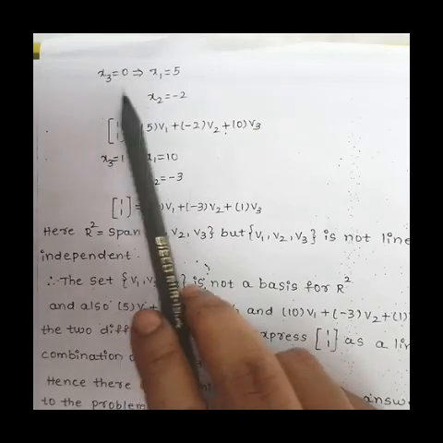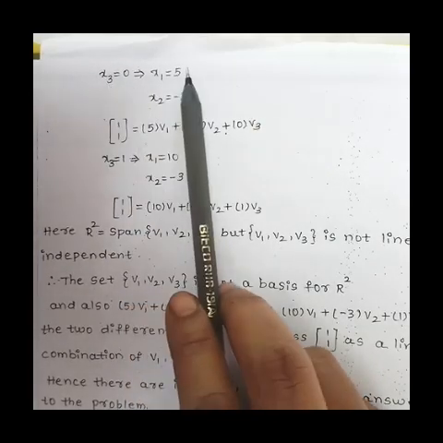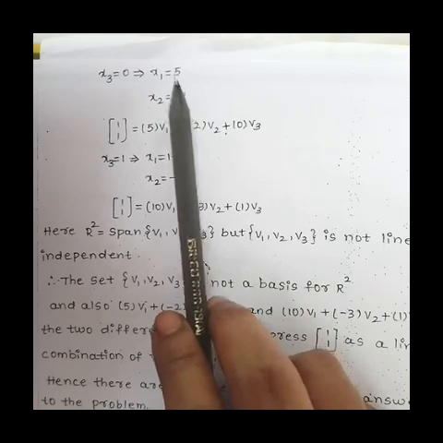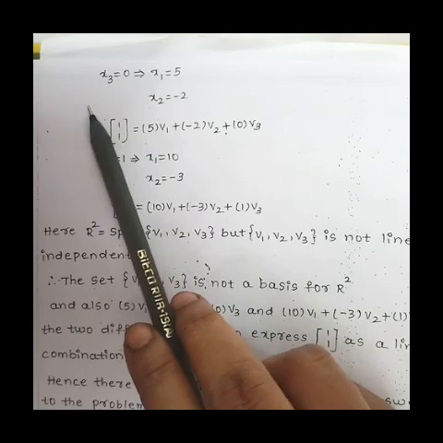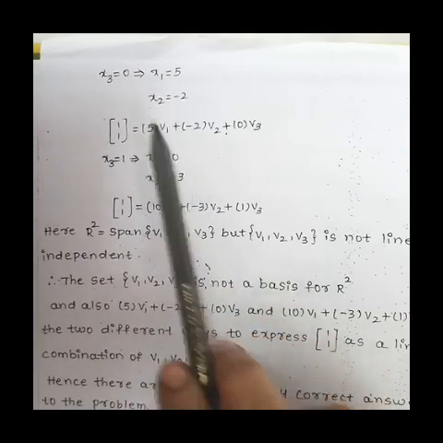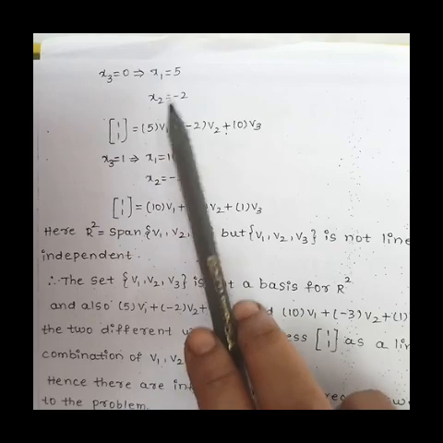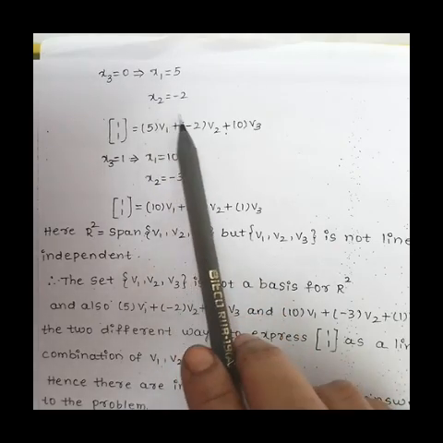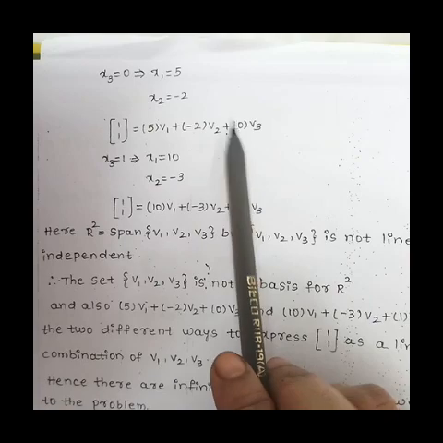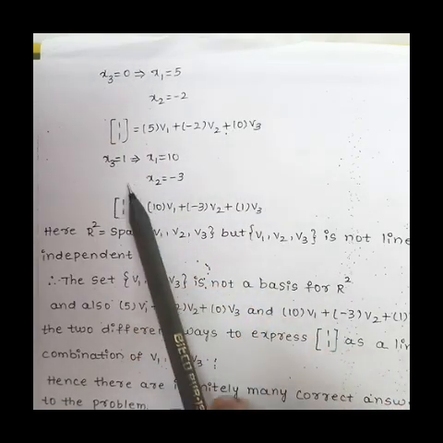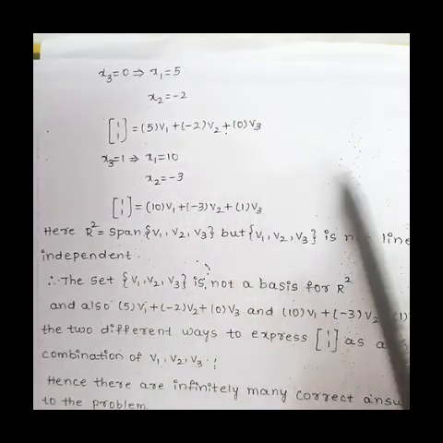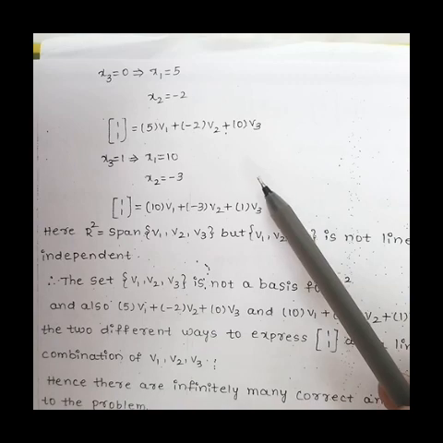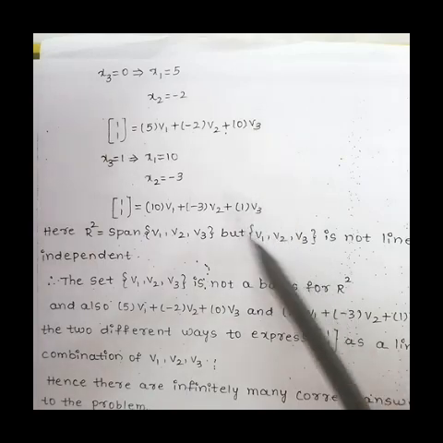That means suppose by taking x3 equals 0 or any real number, then we can get x1, x2 as some values which depend on x3. So like this we can take any number of values. Suppose x3 equals 0, then you can get x1, x2 values, so this vector can be written as 5 into v1 plus minus 2 into v2 plus 0 into v3. In the same way suppose x3 equals 1, then x1, x2 have some different values. So like this we can write any number of linear combinations. That's why it is not a unique representation.